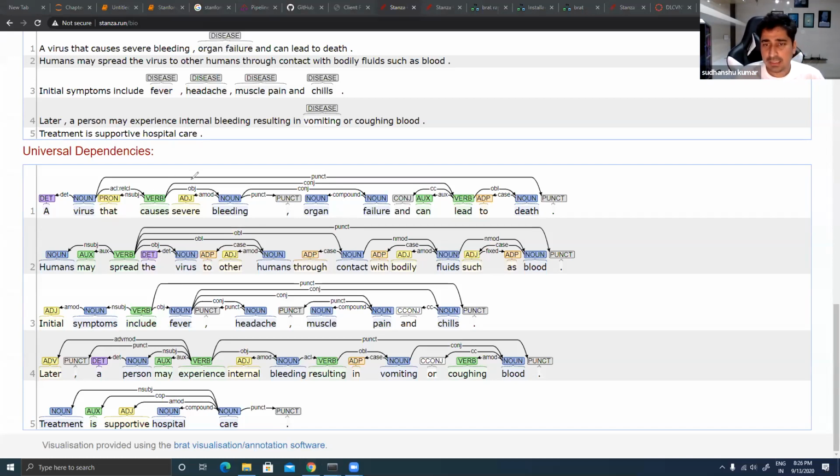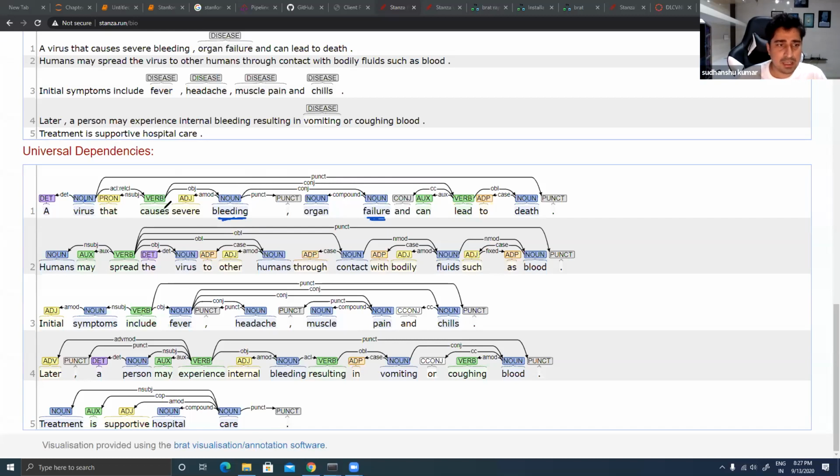So here you can see how this particular noun is related to some other word, or one word is related to another word. For every word it is trying to give you this kind of a relation, from where it is trying to understand what, basically. So bleeding is basically a noun, and it is trying to create a conjunction with another noun, which is nothing but failure, right?